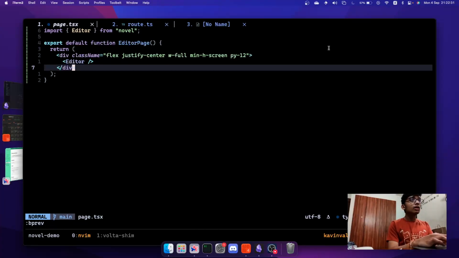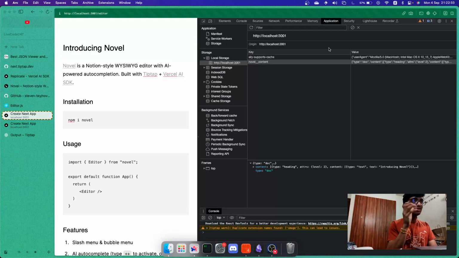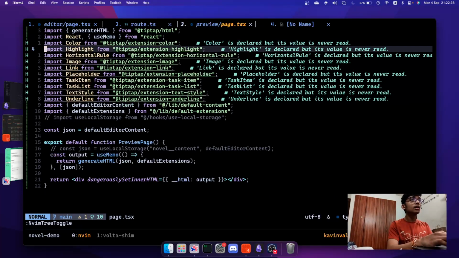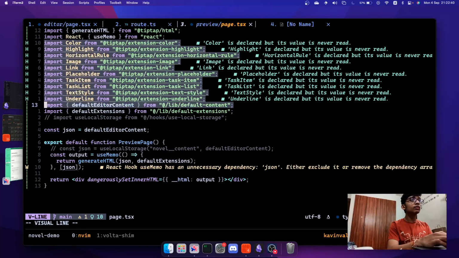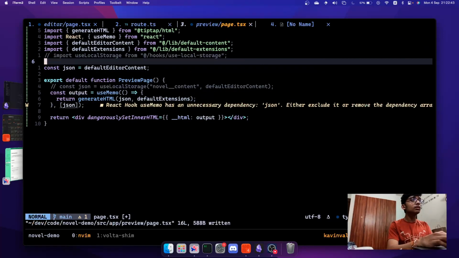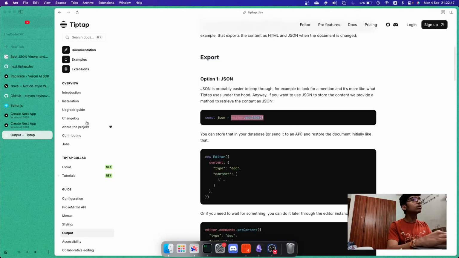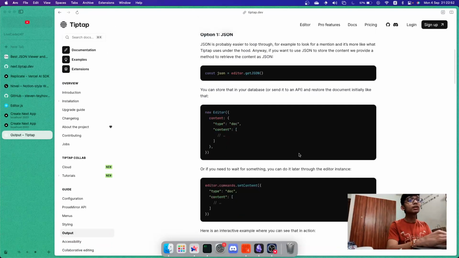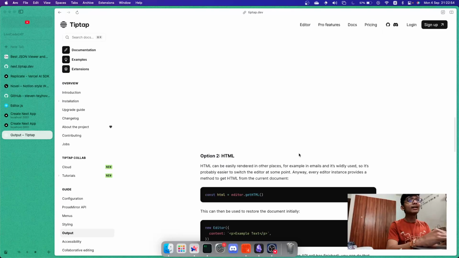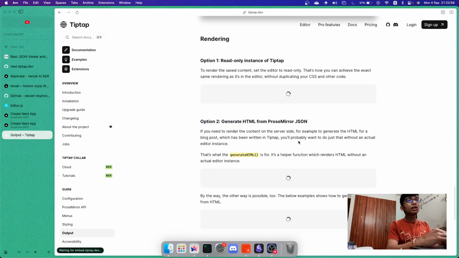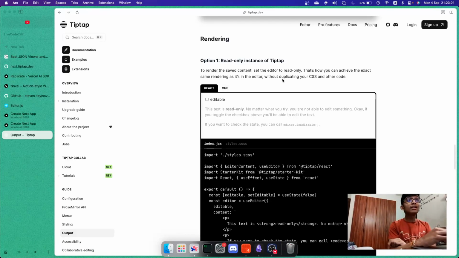And for the preview, this took me a little bit of time because I had to get a few things set up to make this work. I actually don't need all these. But for the preview, I took a look at the output docs of TipTap, and there are two ways to do this basically, the rendering. One is you can get the editor instance and then make it a read-only version, but